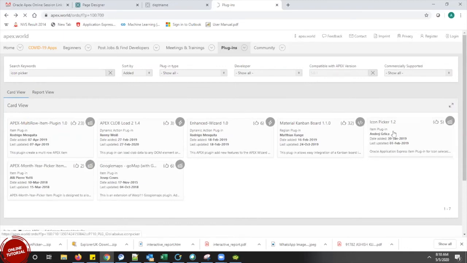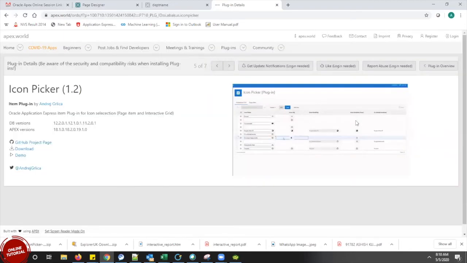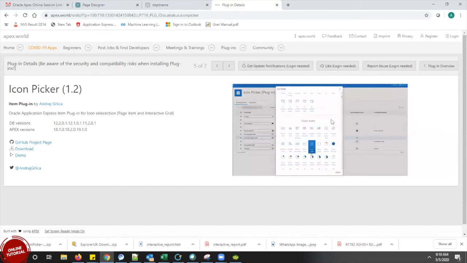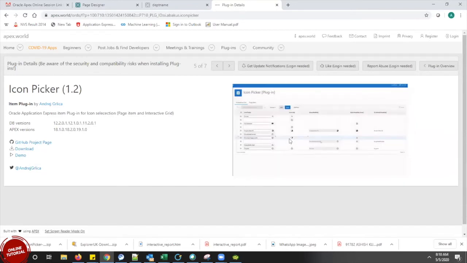I am just taking a simple one. This is just an icon picker. You can see from the text box itself, they are clicking on this icon, and from there they can see what all the icons there are. So first of all,